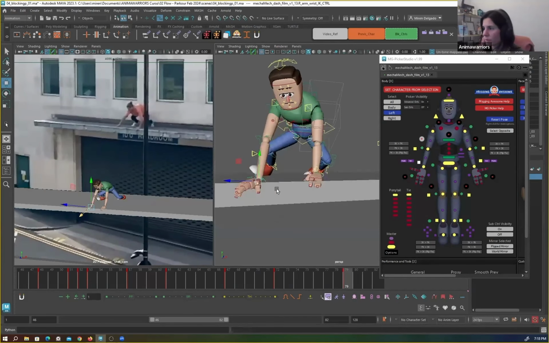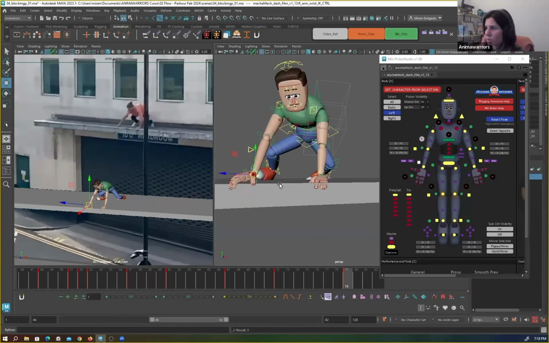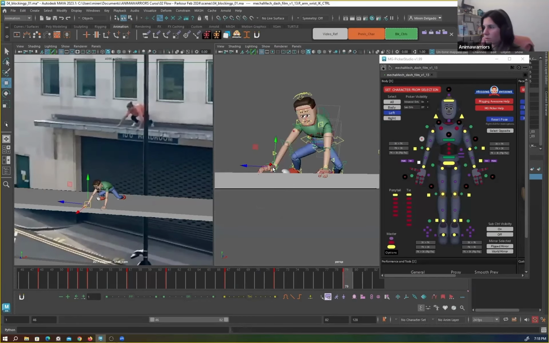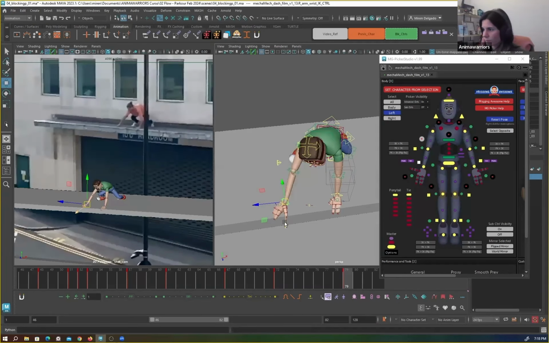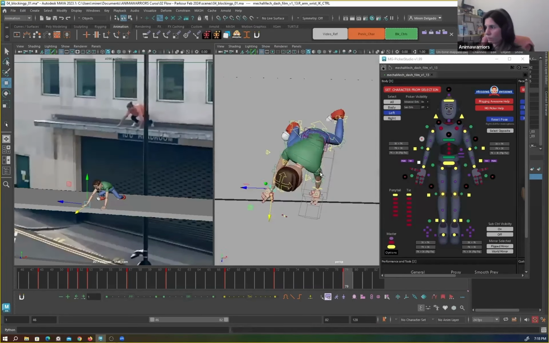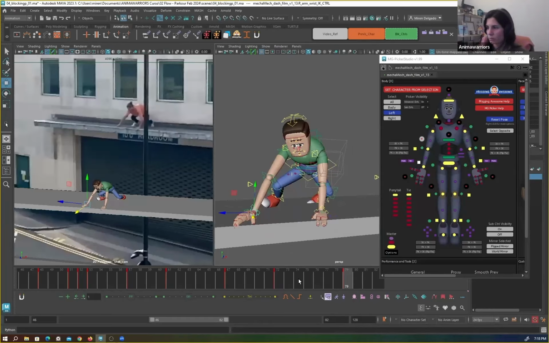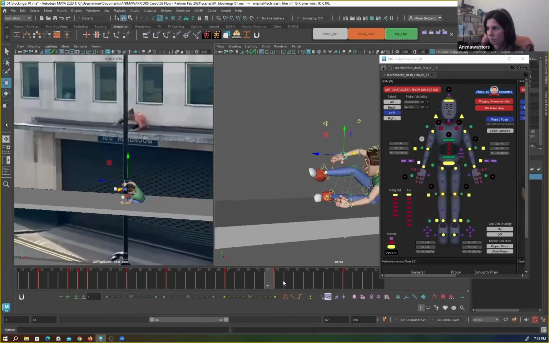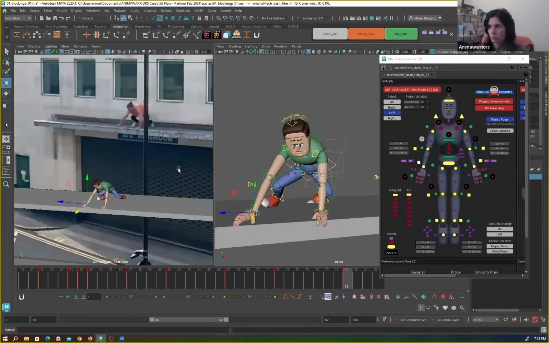Okay, this hand will be pretty much coming here. Okay. Yeah, now